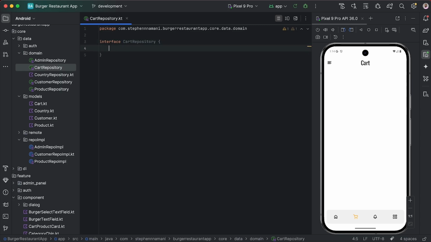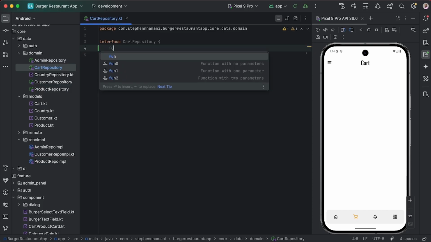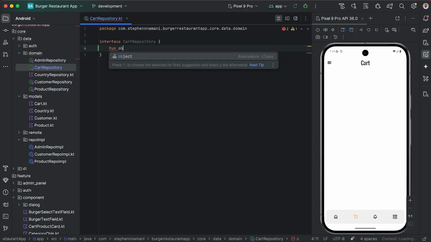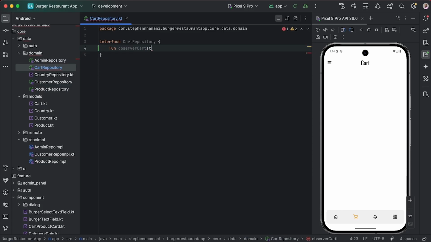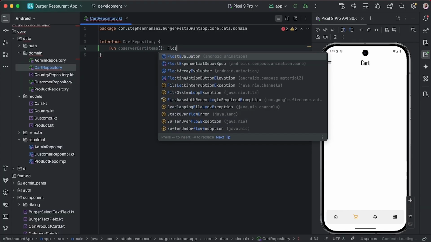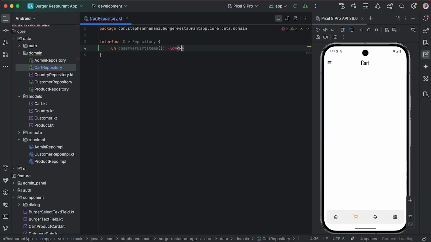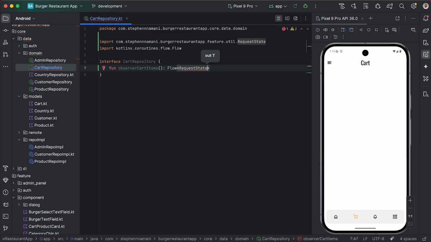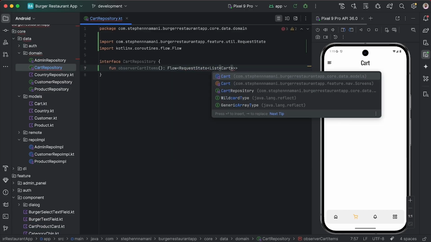Okay, so in our cart repository now, we are going to have some functions. First of all, we need a function to observe our cart items, because currently we already have stuff in our carts. So we say observe cart items, so that when we add items to our cart, we can also read the flow. So this will return a flow of type request state of list of cart items. So here we're going to create some cart item UI that will be able to read the item,